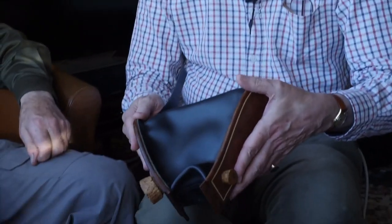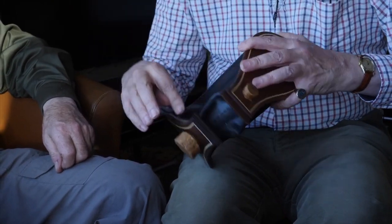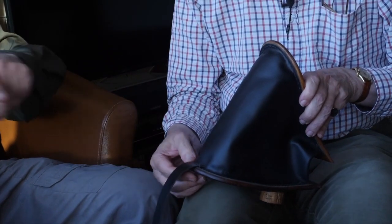So Tom, after all of that stitching, we end up with something that looks a bit like this. Neatly sewn here, sewn off all the way around, and you've stitched in the arm strap. Yes, you mustn't forget to do that before you put in the purfling, otherwise...